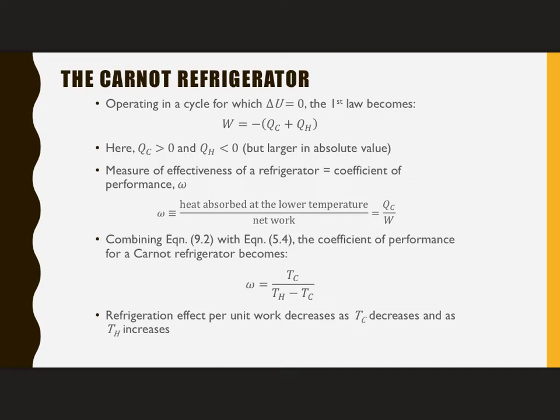That can be rearranged to say that the net work, or the work input in this case for our refrigerator, is going to be the negative of QC plus QH. So that gives us a balance on the entire cycle. We can therefore use this to evaluate the performance of this engine. Now, in this particular case, we know heat is being taken out of the cold and into the heat,